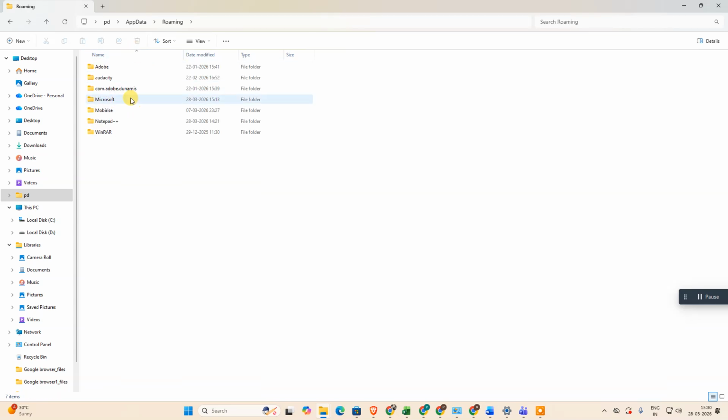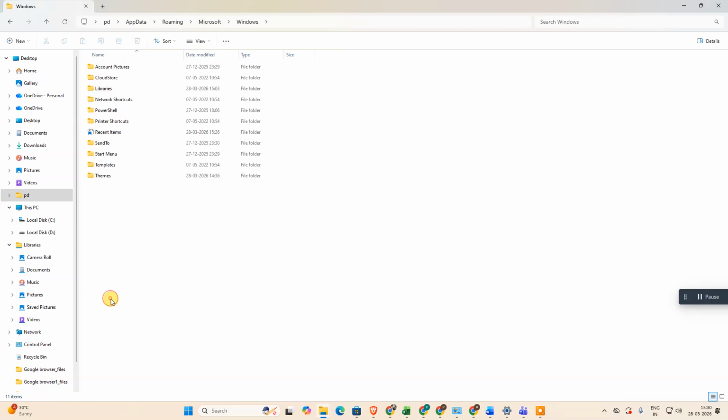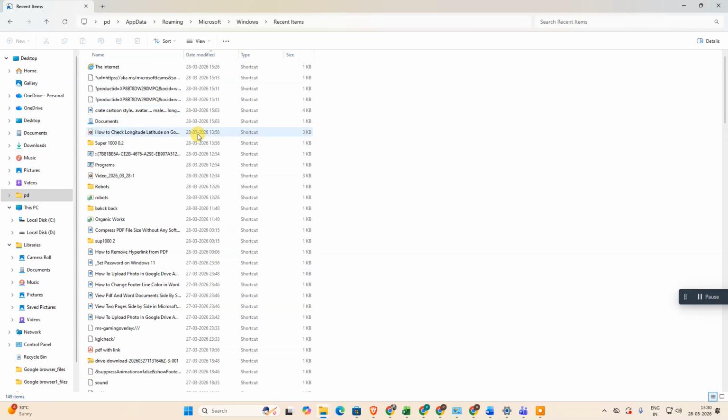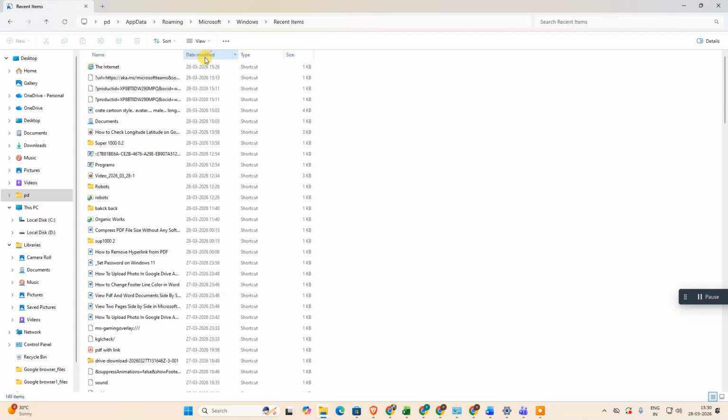Then we need to go in that Microsoft options. Under the Microsoft we need to come down and see the Windows. Under the Windows you can see a few folders, so we need to find that Recent Items option, and here you can see all the recent items or recent activities you did, and here the date you can filter with the date. Okay,